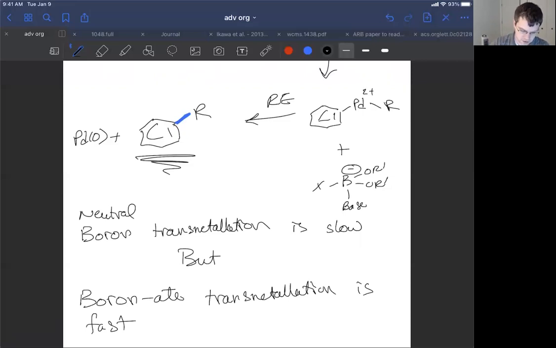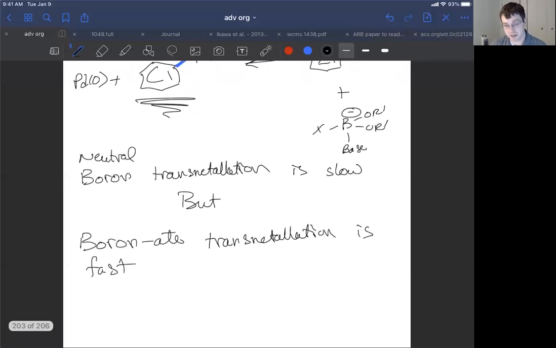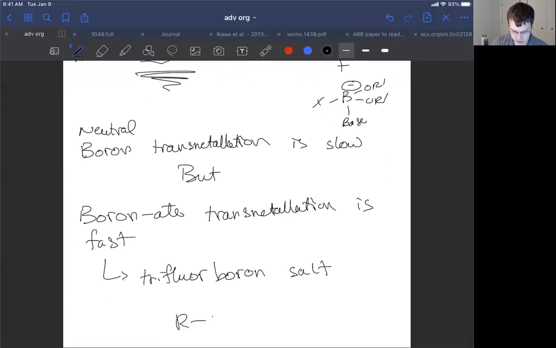And so as a result, typically you add a base to make it negatively charged. You could have a trifluoroboron salt, where you've got your R group adducted to a boron with 3 fluorine atoms attached to it and a negative charge. Sometimes that's the way to go because that's more inherently reactive, especially if you have a base-sensitive species. But as a result of this reaction, there's libraries upon libraries of boron reagents that you can use in